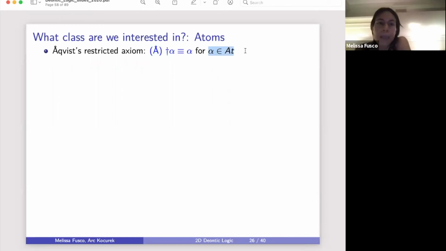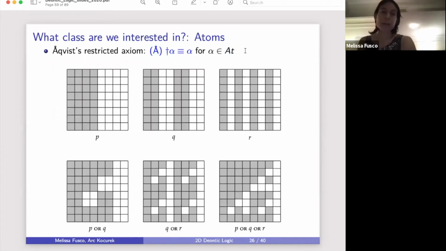So what that would mean is, visually, let's say gray is true and white is false, right? So you have these matrices, and the atoms, P, Q, and R, are going to have this kind of visual barcode property. If it's true here, then it's going to be true at the relevant diagonal point, and vice versa. So this is T, T, T, T, F, F, F, F, like you would get in a truth table, T, T, F, F, T, T, F, F, T, F, T, F,